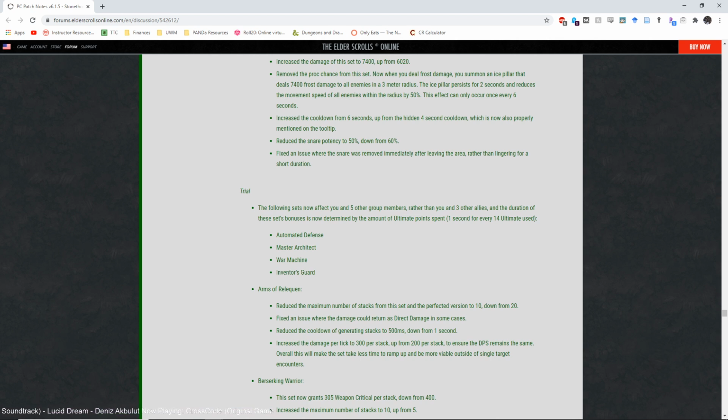believe. Let me just double check really quick. It's 225 divided by 14. So you're getting about 16 seconds of Major Slayer. So if you rotate it out, you should get a Major Slayer up every 48 seconds. With your standard ultimate generation of 3 ultimate per second, you won't necessarily be able to hit the amount of